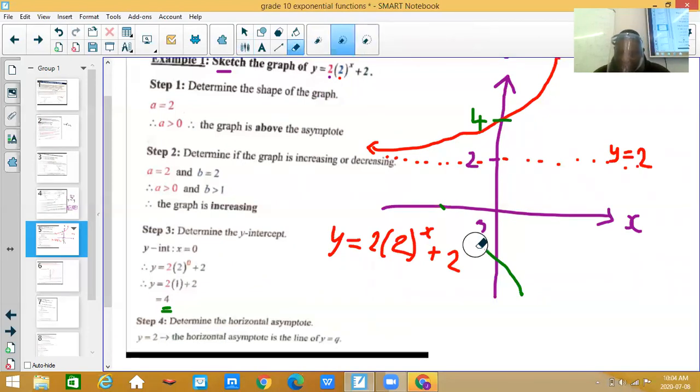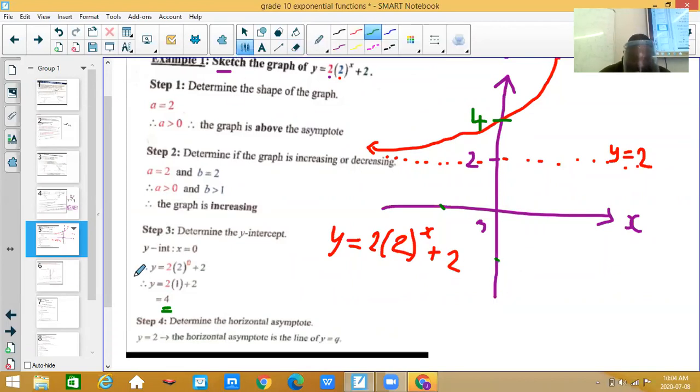Now let us look at the other part. We are saying step number 3 we're done. Step number 4, determine the horizontal asymptote. Now the horizontal asymptote, in our case, we started off with it, right? Which is y is equal to